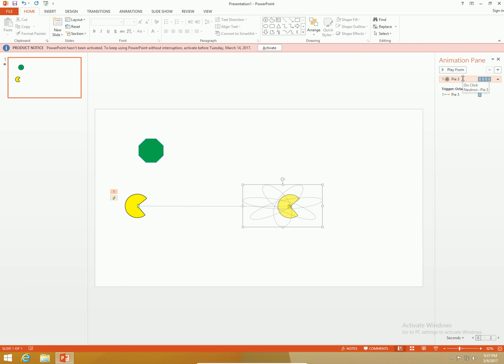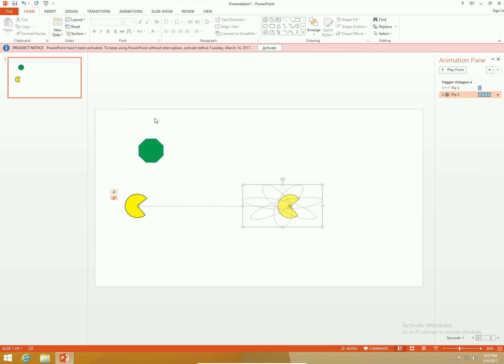Oh, that's right, because my neutron effect needs to be moved down and down. There we go. Now, if I press F5 on my keyboard to bring up the slideshow, and I click the blue thing there, well, now I've got to click each time he does it, right? I don't want that. I want him to go in the straight line and freak out when I click the sign here, right? So what I'm going to do